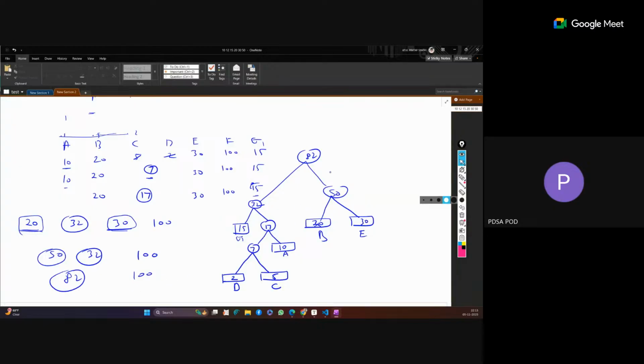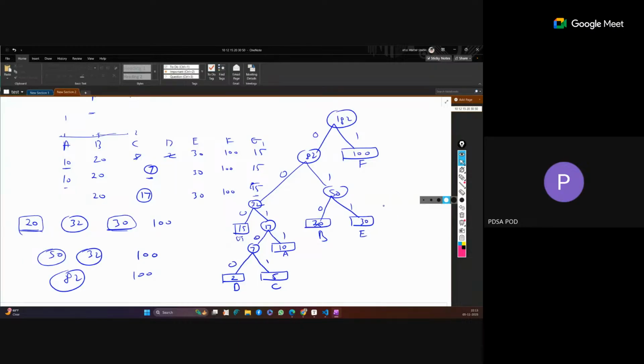So now we combine this, and 100 becomes a leaf node, the actual frequency of F. 100 and 82 gives 182. Now just mark 0 1 0 1 0 1 0 1 0 1 and 0 1 like this,